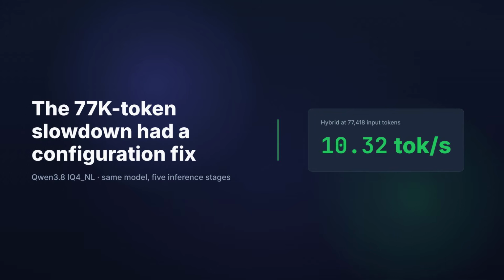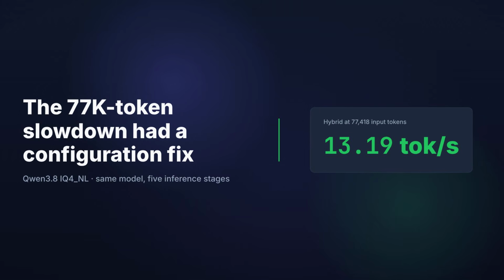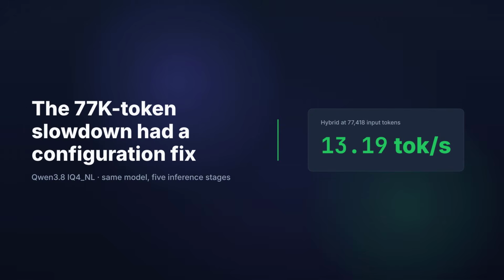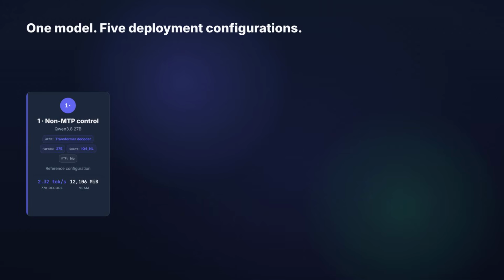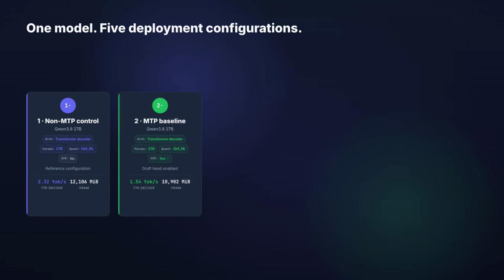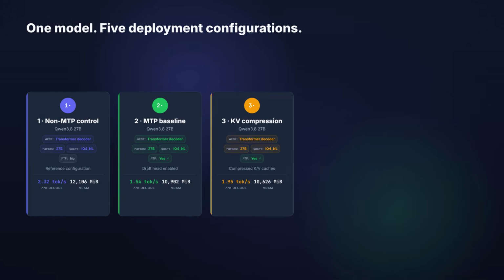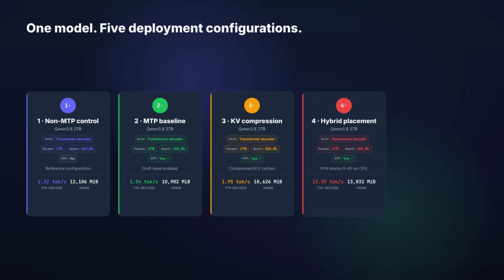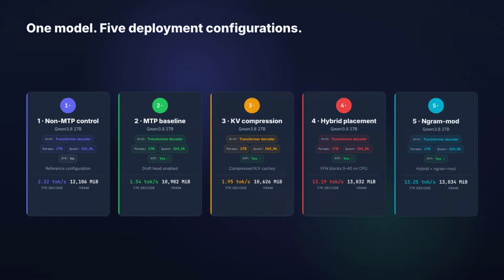Long context can turn a responsive local model painfully slow. This test found a route back without changing the model. Qwen3.8, the 27 billion parameter IQ4 NL quant, was tested as a long context deployment problem. The target was a usable 256 token reply near the configured